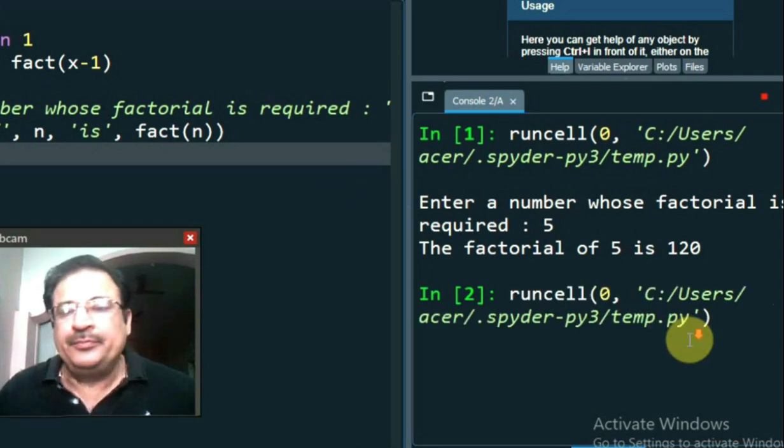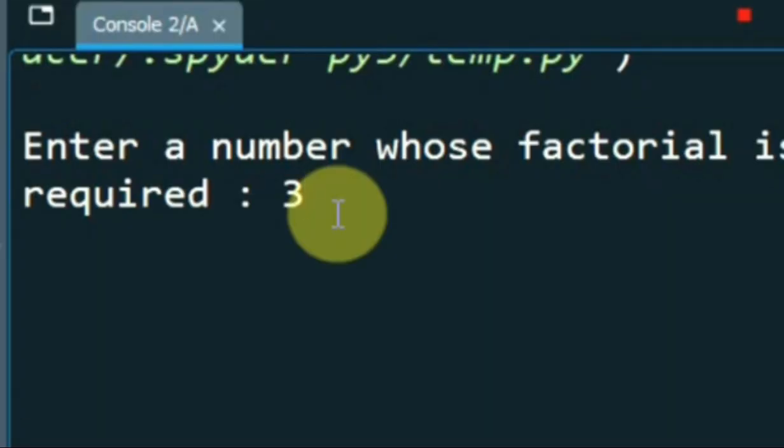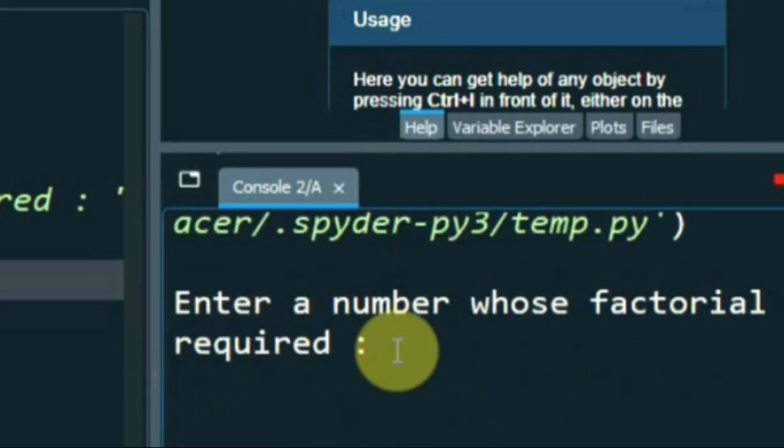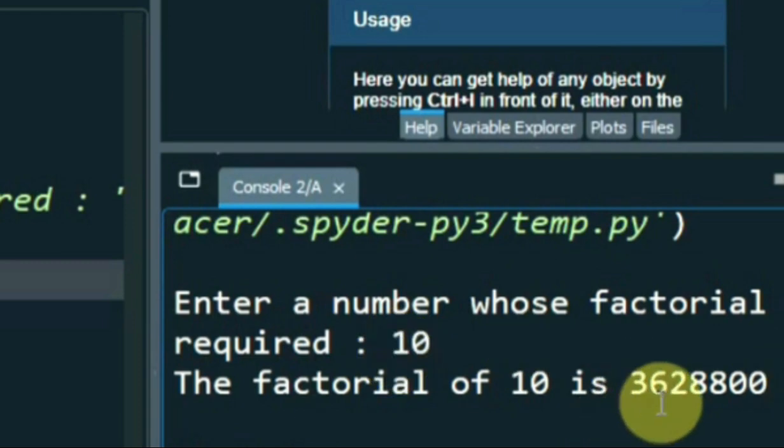I run it again. What is factorial of 10? 10 into 9 into 8 into 7 up till 1. The multiplication of all the values from 1 to 10 is nothing but the factorial of 10. So if I want the factorial of 3, it is the multiplication of 3 into 2 into 1. That is how much? 6. If I run it again, enter the number whose factorial is required, I enter 10. See, 362880 is the factorial of value